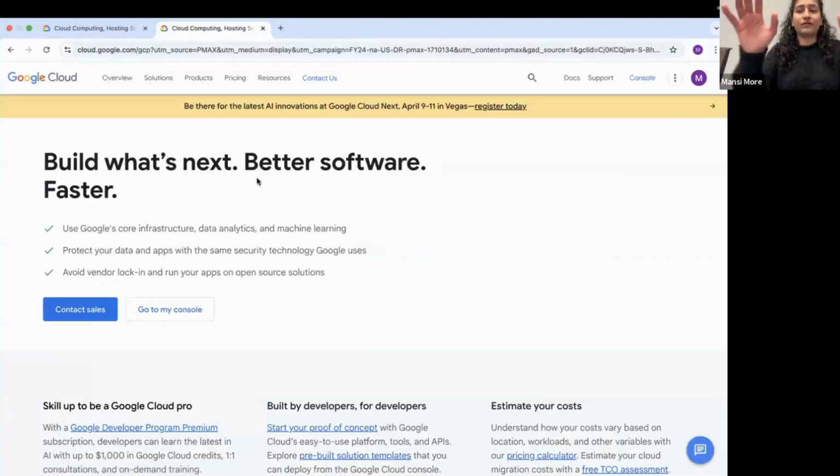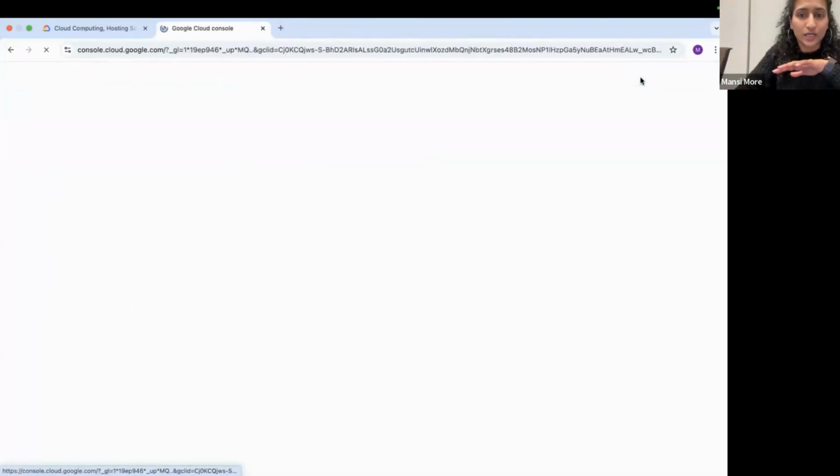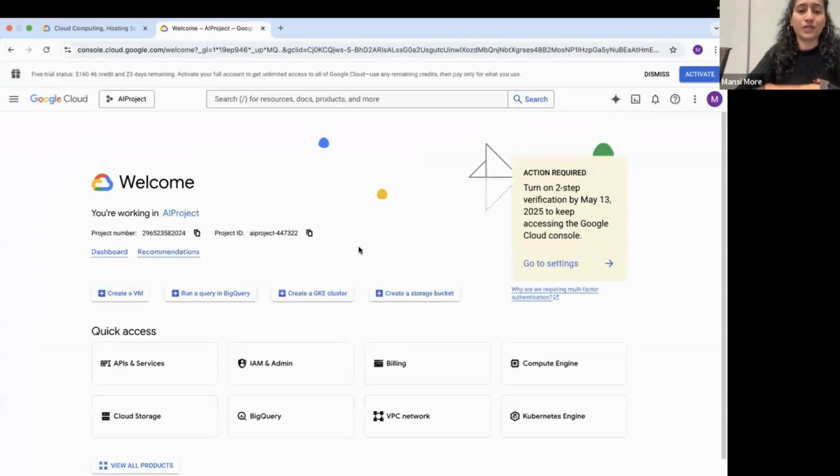the link, and you'll end up with this page. Let me just minimize everything. So you'll end up with this page, and you have to click on Console. Because I have an account, I'll continue with this. If you don't have an account on GCP, feel free to make one using any of your Google accounts, and there will be a free trial of 90 days. Feel free to apply for it to get access to all the APIs, and you will end up with this page.